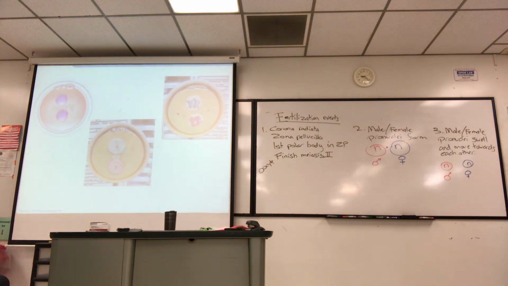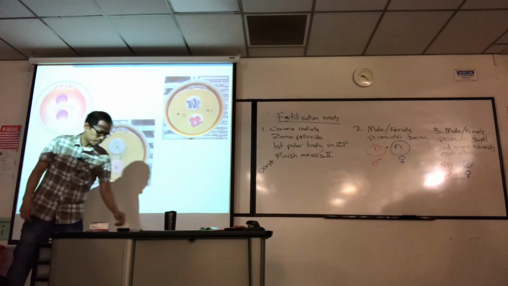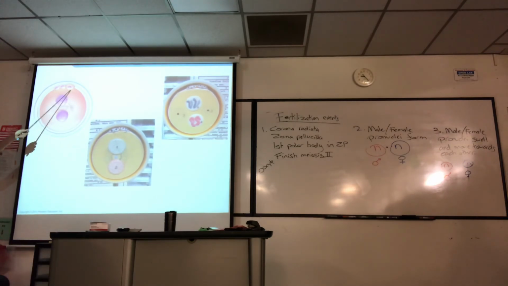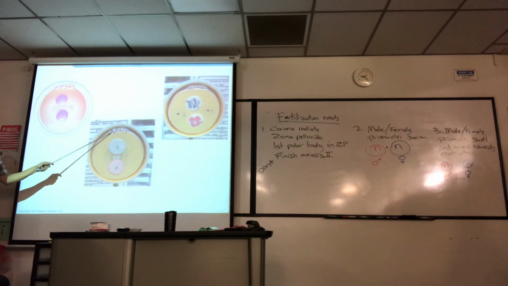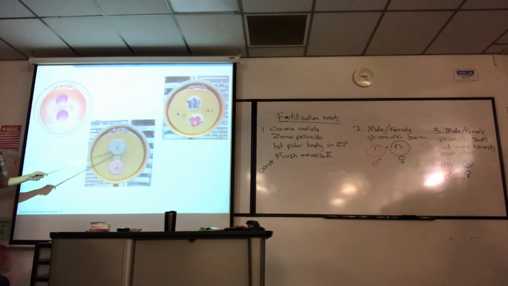So we have a lot of models in the room that kind of illustrate this part, the N plus N thing. I took the picture, we just looked at it and rotated it a little bit, N plus N. But our polar bodies up here, okay, that one's the second one. These two are from the first polar body. This one here, the 1 and the 2, that's from the male. That's the female. Okay, here are the polar bodies. This is the second polar body. These 2 polar bodies are from the first polar body. So make a connection here.